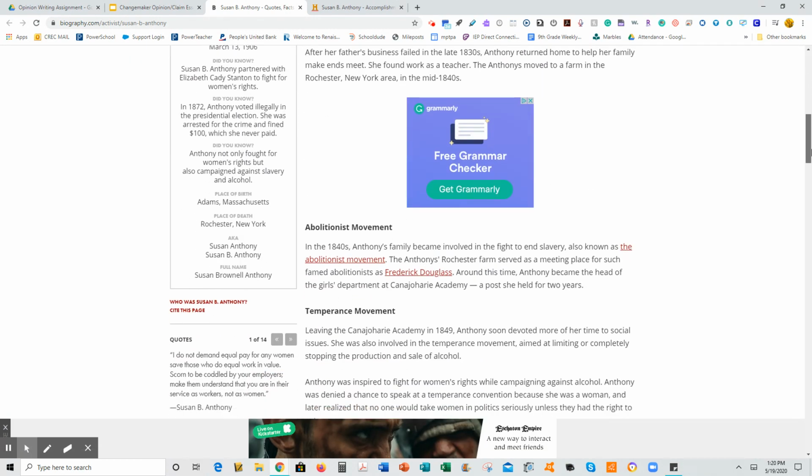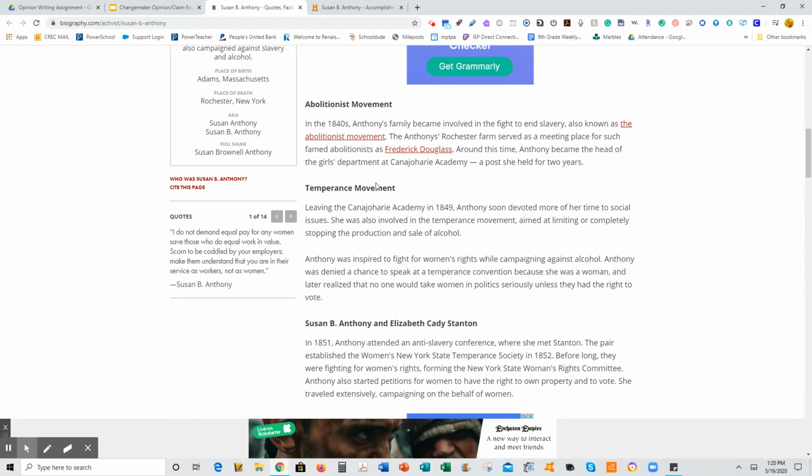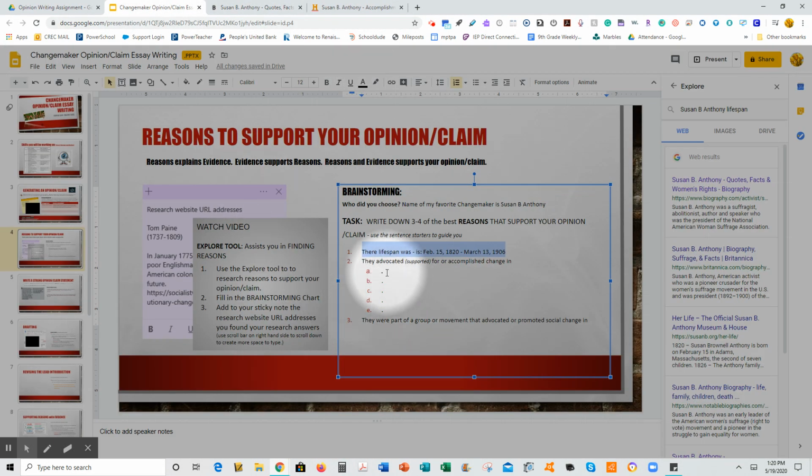Let's see. She was part of the abolitionist movement, the temperance movement. So I'm going to go back in. She was part of the temperance and abolitionist. And I'm going to check my spelling. Yep, the squiggly line.